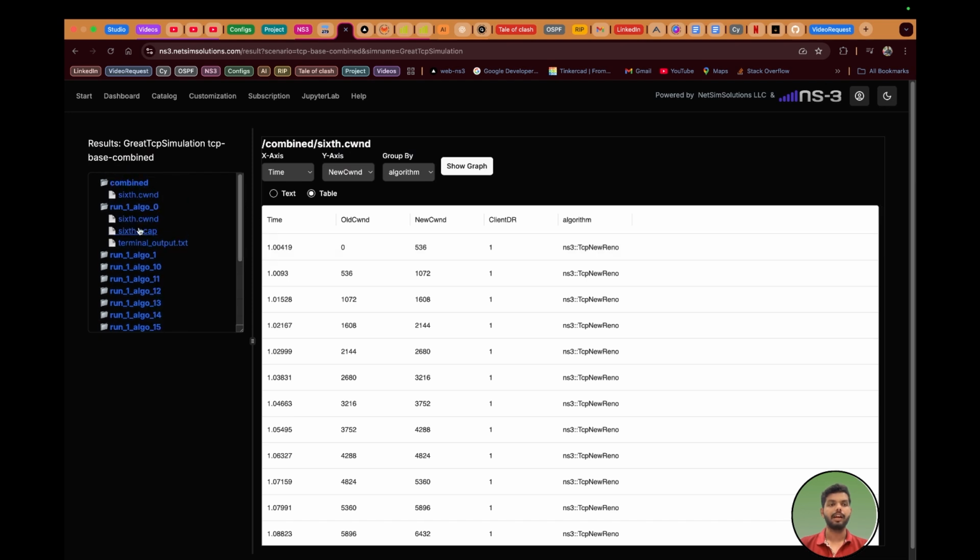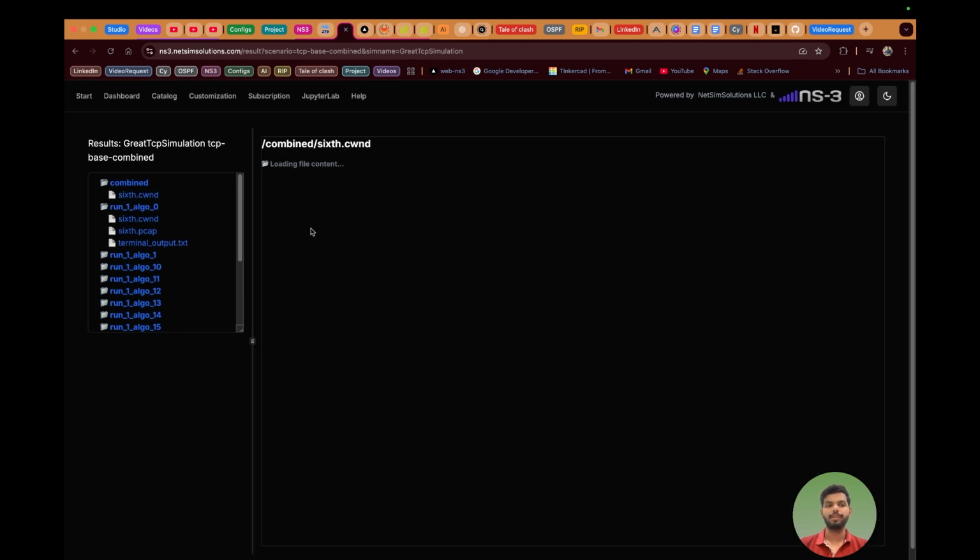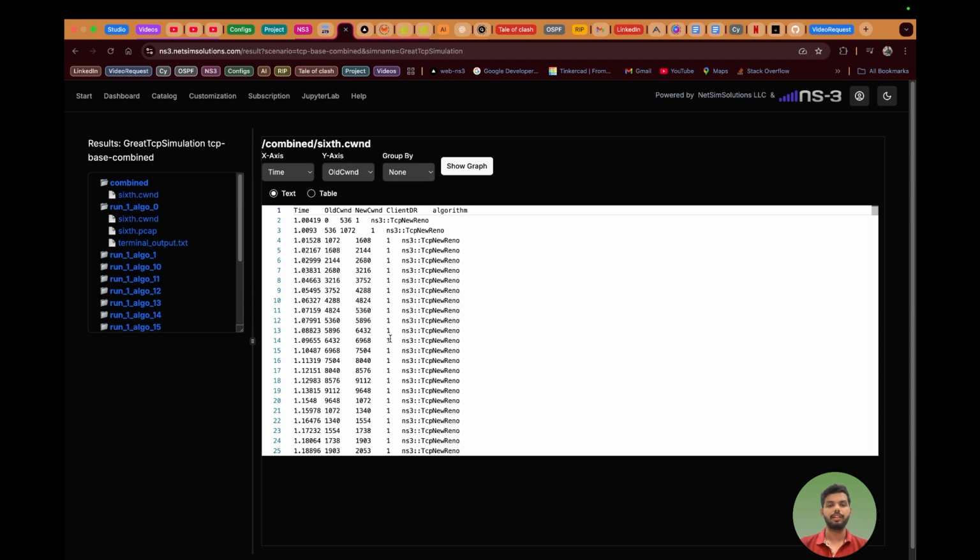So let's say we are running the same file for multiple parameters. We need an ability to compare all those results in just one graph. Now they have added a folder called combine, and inside this combine folder, the file contains the combined results from all the runs. And now, if we want to visualize all the results inside one graph,